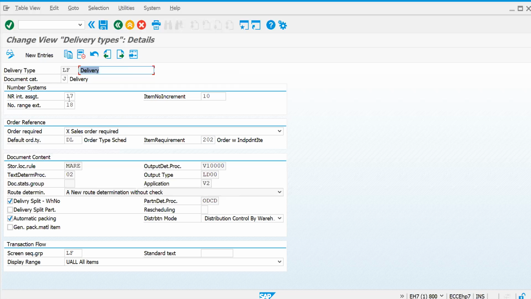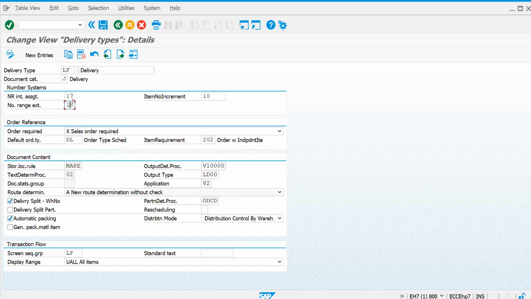Now let's check what internal number range assignment and external number range assignment are. We have already seen this at the time of our sales document type definition. In a similar manner, we have internal number ranges and external number ranges according to our convenience. But the most preferable and comfortable way to handle the business is through internal number ranges only.